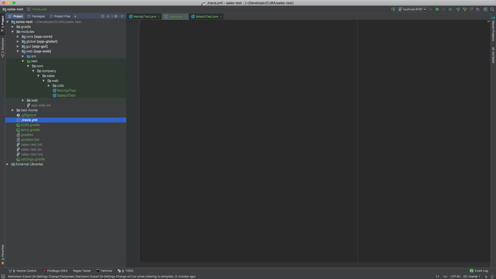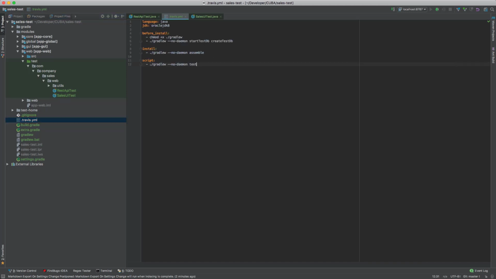So let's add the following. So we use Java as a programming language, we use Oracle JDK 8. Before install we need to start and create our test database. To install our application we will use assemble Gradle task, and to start testing we will use test Gradle task.